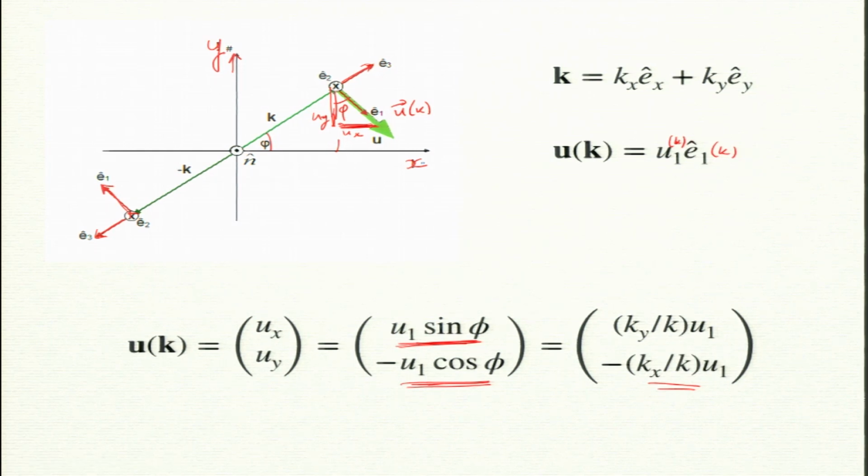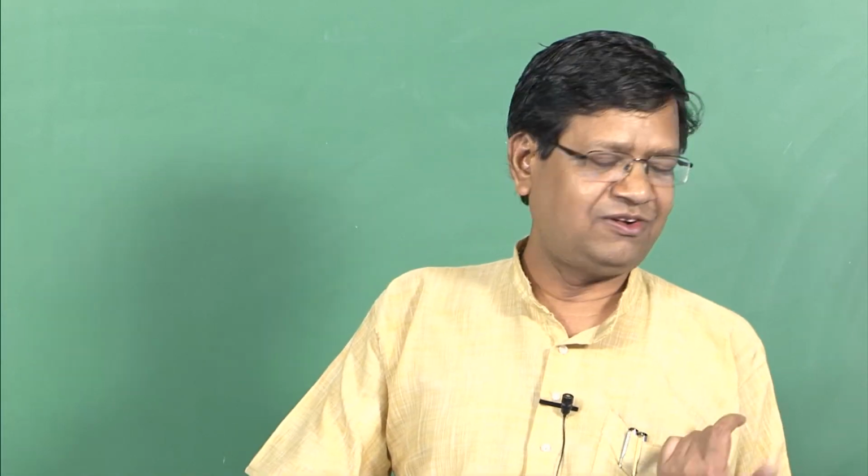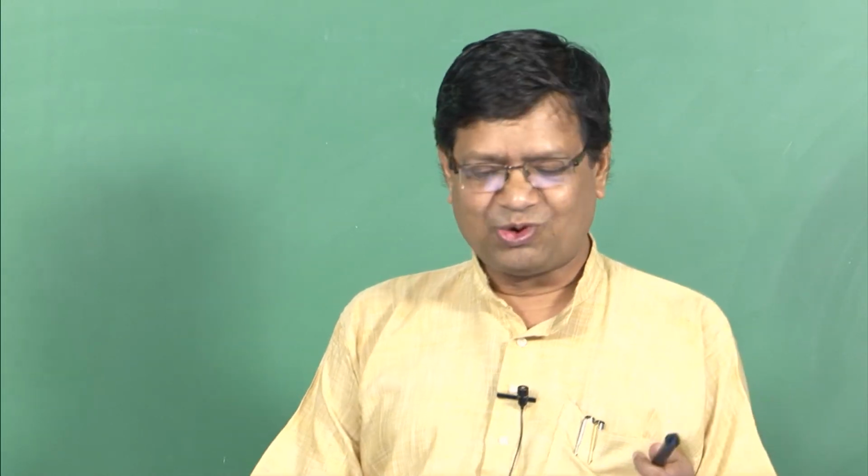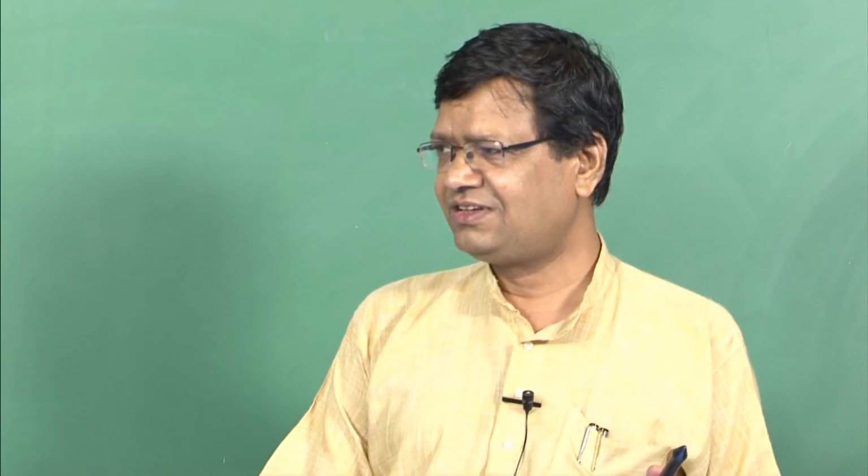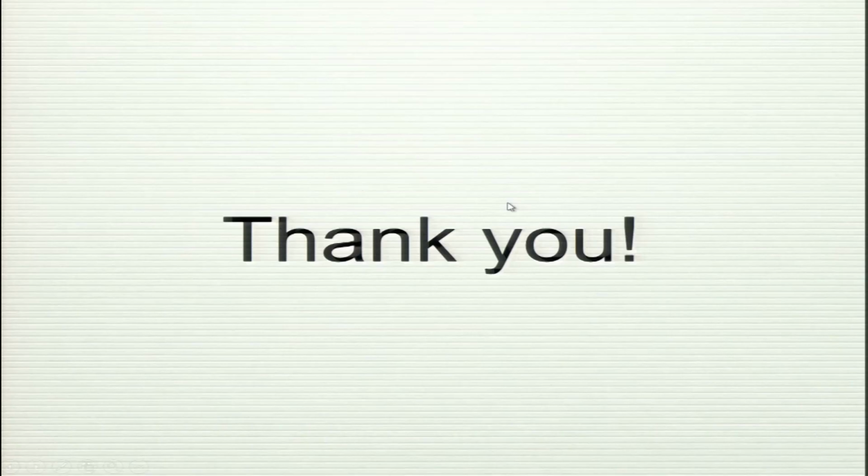So many times you will be given Cartesian vectors, and you will need to convert to u1. You will need to get u1, or given u1 I need ux and uy. So especially the problems which you were doing in the last class. So we were having ux and uy, right, the homework problem. Now I need to solve in Fourier space, then I need u1, so I need to convert it. Okay. So this is an introduction to basis functions and what they mean, how to get energy, how to get helicity. Okay, so we stop. Thank you.